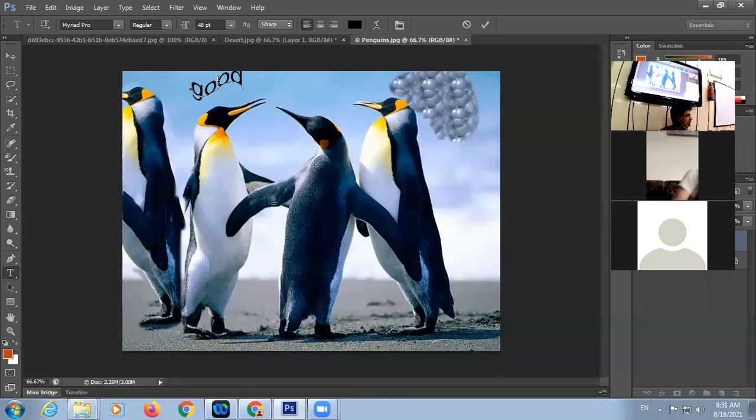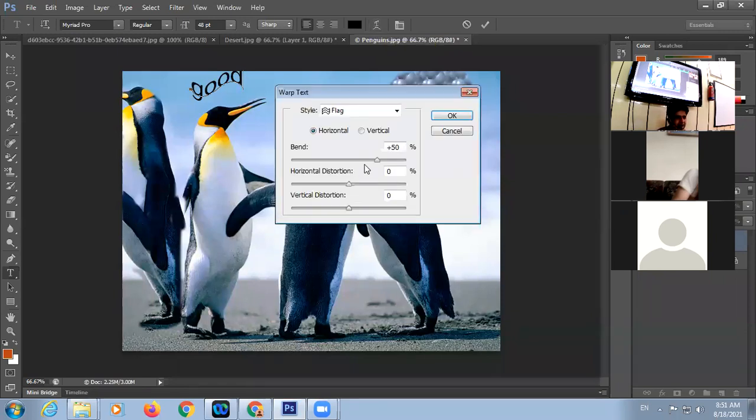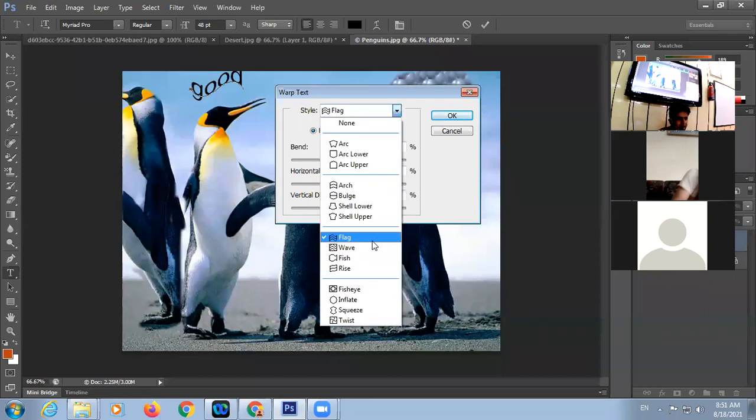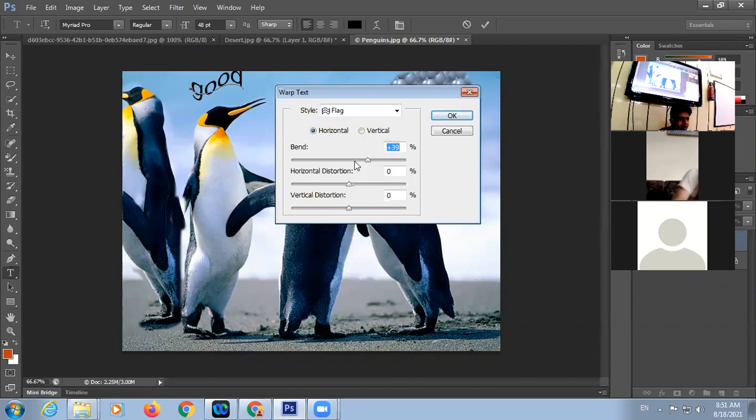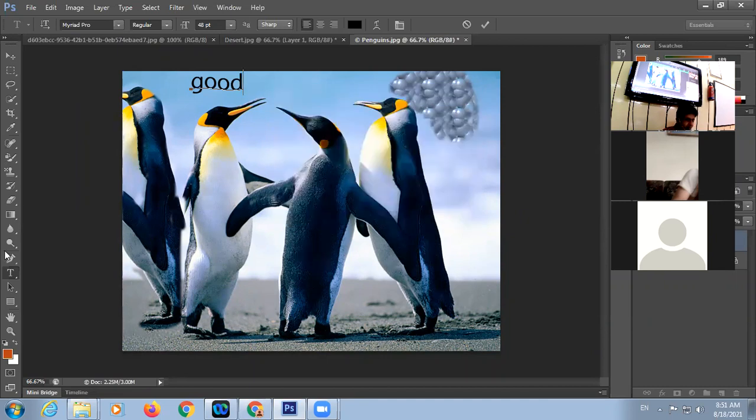Look at here, your text format. Type your text in context text. There is one button that is called wrapping text. Okay, click on that. Select your style. Okay, from styles. And then you can also make changes in the bend, horizontal distortion, vertical distortion, and then click on OK button. Then you will have to click on OK button. Next is